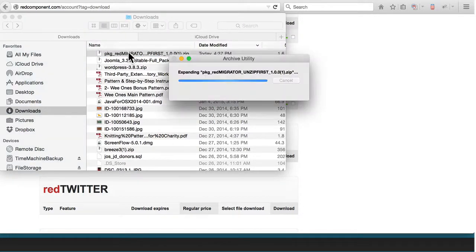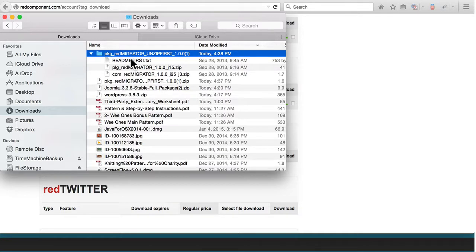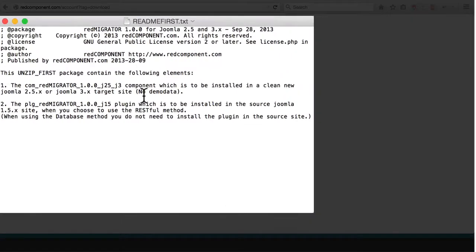When I unzip that, I see a folder that has a README file, the component, and the plugin. So this would be a good time to talk about the difference between situations whether you only need the component or whether you need the component and the plugin. Their README file